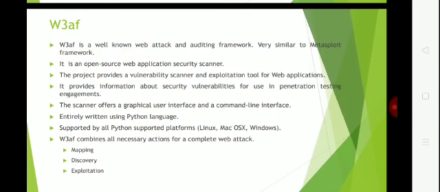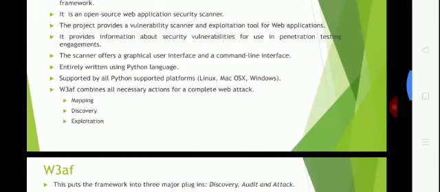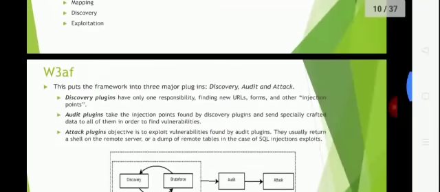It is supported by all Python supported platforms like Linux, Mac, or Windows. This W3AF combines all necessary actions for a complete web attack, and these actions include mapping, discovery, and exploitation.